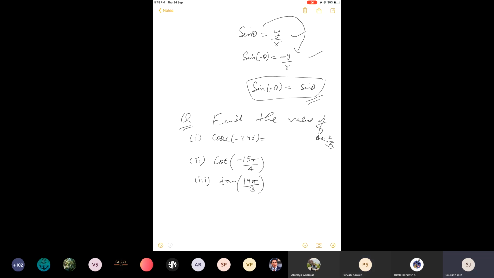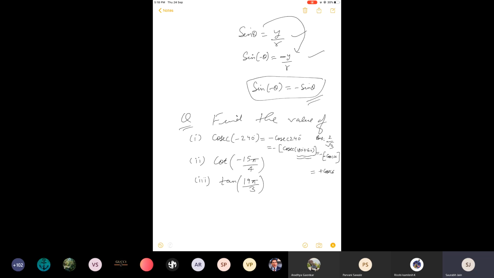First of all, using the negative formula, clockwise and anti-clockwise, the minus will come in front because this is cosec. Now keeping minus outside and writing 240 as 180 plus 60. And these formulae will help you in physics also. Now that you have learned them here, whenever they are used there, you already know this. Cosec of 180 plus 60, an even multiple, so it's cosec 60 only, but 180 plus 60 is in the third quadrant. In the third quadrant cosec is negative, put a minus sign here. Minus was already there, so it will become plus.